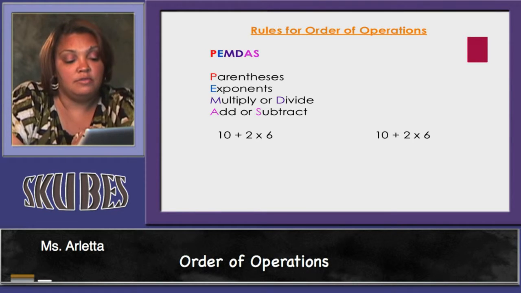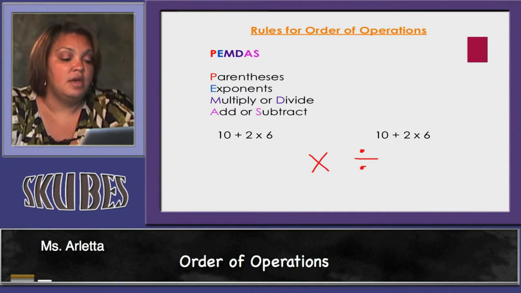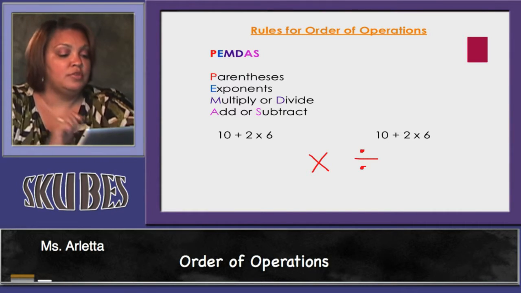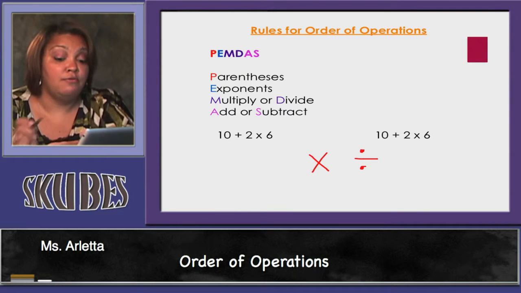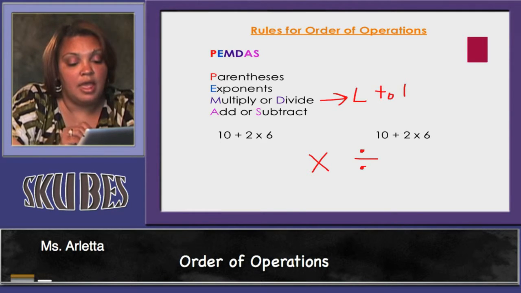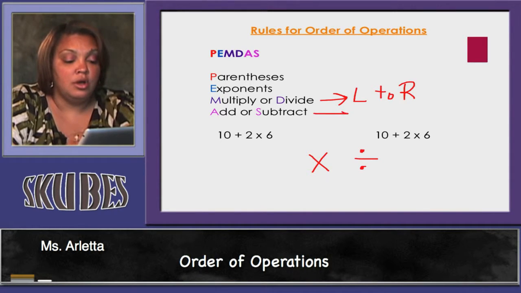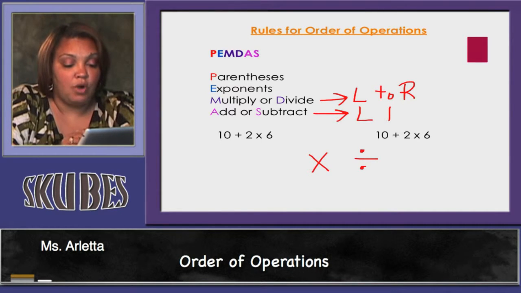The reason for that is whenever you have a multiplication symbol and then you have a division symbol, you always choose which one to do as if you were reading a book. If you were sitting here looking at a book, you would read it from left to right. So multiply or divide from left to right. And the same rule applies for addition and subtraction. You would choose the operation as if you're reading a book from left to right, meaning that if the